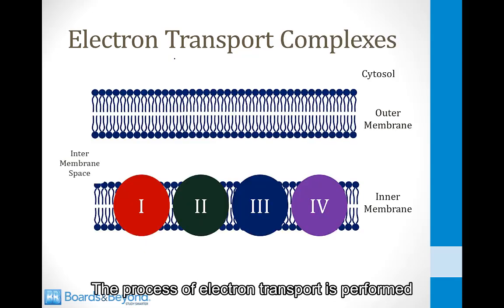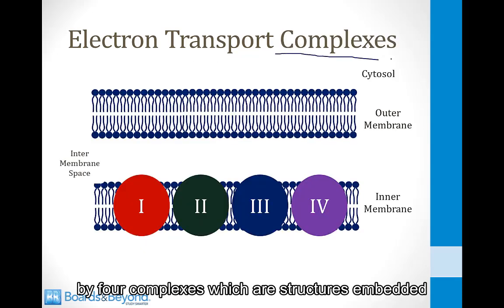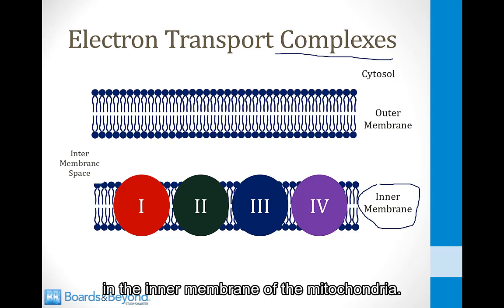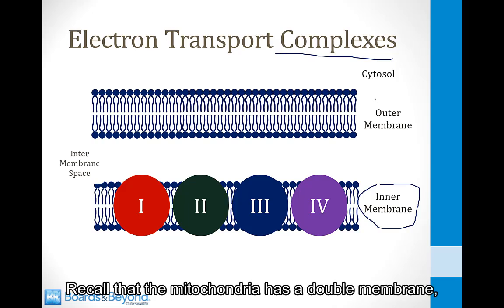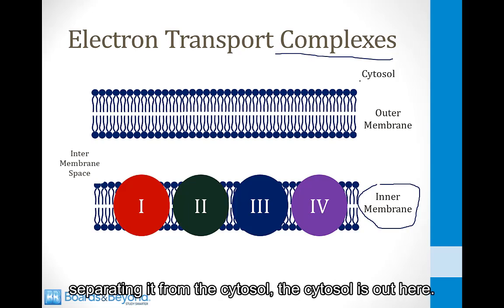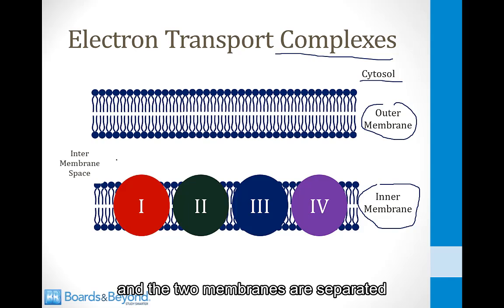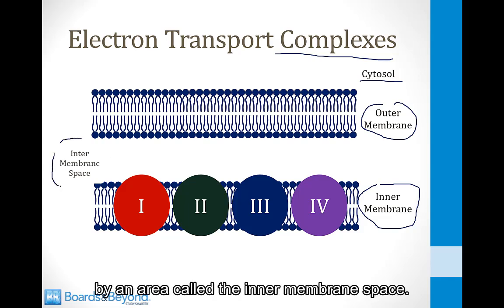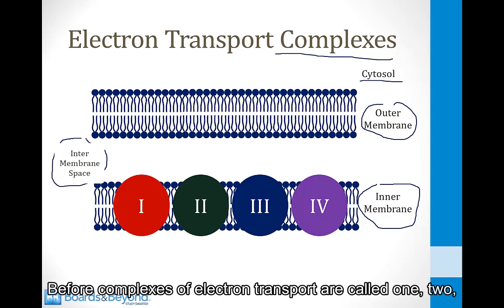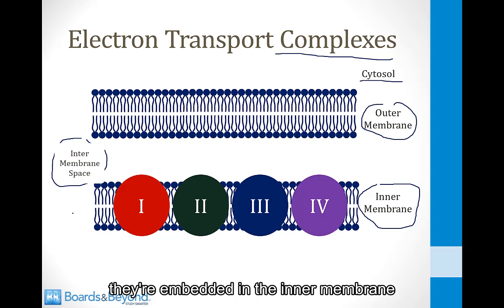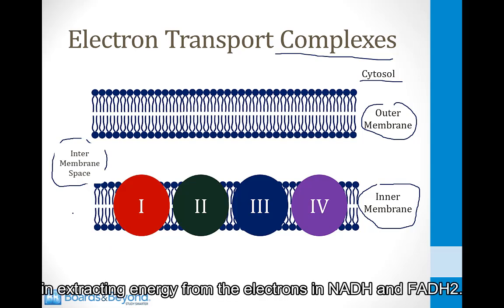The process of electron transport is performed by 4 complexes, which are structures embedded in the inner membrane of the mitochondria. Recall that the mitochondria has a double membrane separating it from the cytosol. The cytosol is out here. There's an outer membrane and then an inner membrane, and the two membranes are separated by an area called the inner membrane space. The four complexes of electron transport are called 1, 2, 3, and 4. They're embedded in the inner membrane,